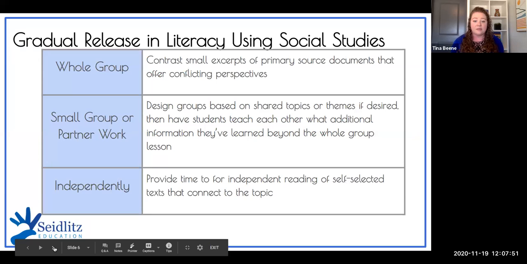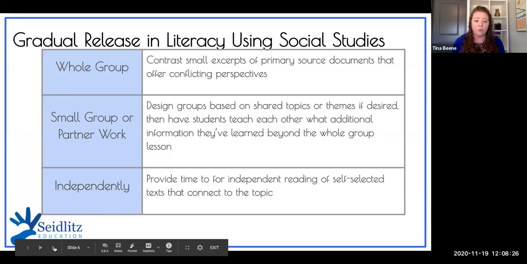So this is a lot of text, and the reason this slide has so much text on it is because I'm thinking of this as more of a resource for after our time together today, because we won't be in this collaborative environment for too long, and I want you to have some takeaways. So this is how I would use literacy and social studies together when I was doing a content lesson for literacy. But this can just as easily be a lesson in a social studies classroom that's promoting literacy, if that makes sense. So we start with a whole group, and we're going to do an example of this in just a second. So don't stress if it's a little overwhelming.